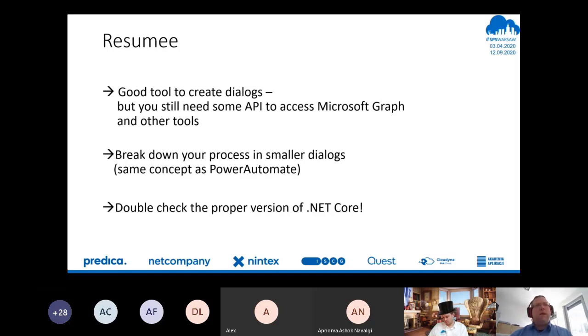But I feel like you still need some additional API to access, for example, Microsoft Graph and Office 365 resources. So your bot will respond with more information like, hey, the weather in Warsaw is somewhat cloudy. And when you go through the Bot Framework Composer dialogues, you will know that it's not really easy to break down your complex questions to simple dialogues. At that point, I recommend to choose